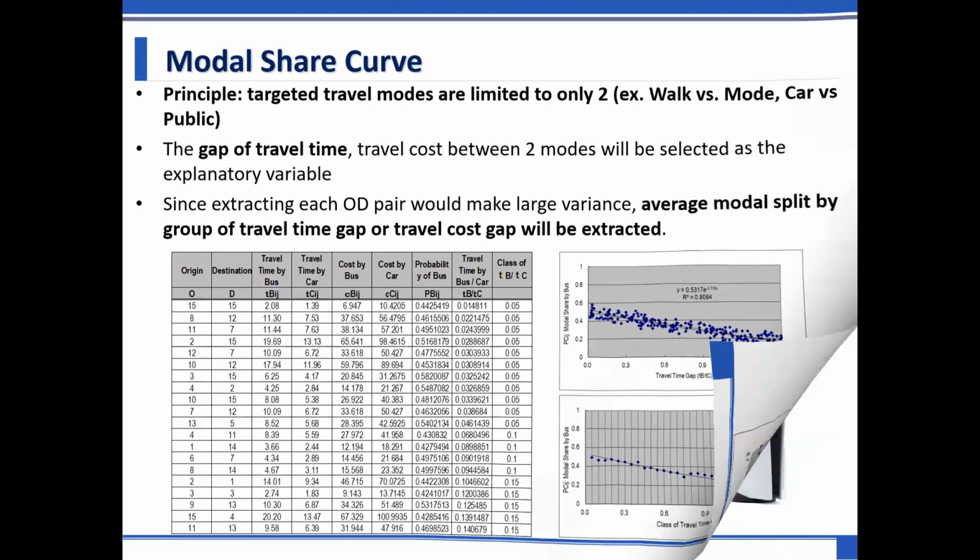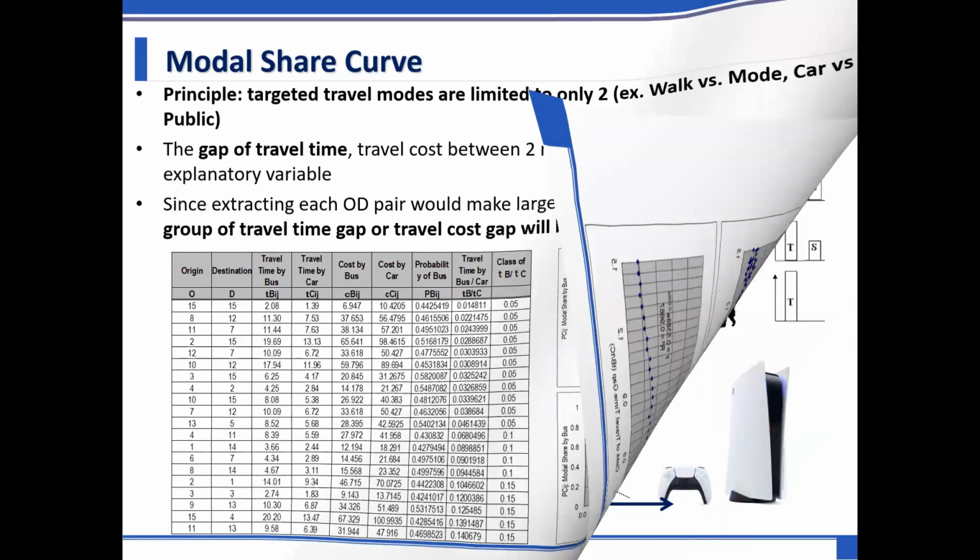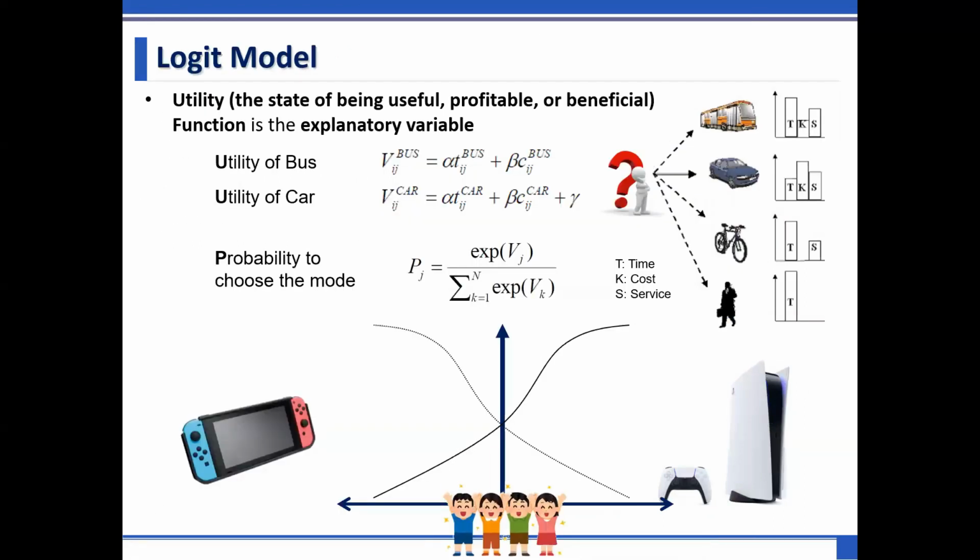Second one is the logit model. I think it's a very typical methodology to estimate the modal split by the travel modes. Utility, the state of being usefulness and the profitability and the benefit, is considered as a function, and it is utilized as explanatory variables. Yes, when you compare the travel modes, and according to some